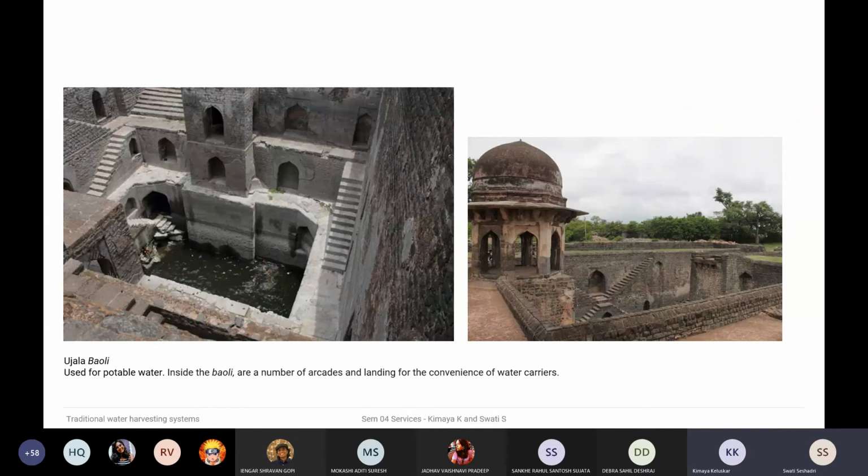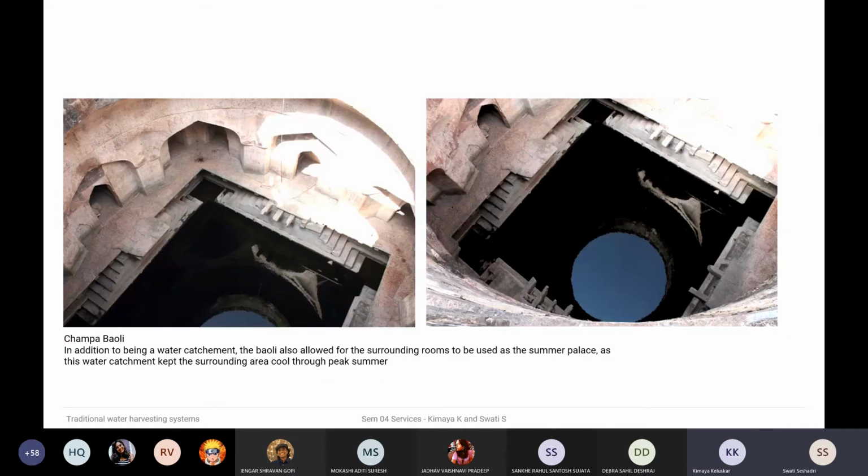Can I add something here, before you move ahead? Regarding how these Baulis were used to cool the rooms, it is also working on the principles of direct evaporative cooling. You also have to understand the humidity levels are lesser during the summers especially, because of which the evapotranspiration rate hikes up, and because of which it will always add humidity. The water will always have humidity, so you directly expose the water to the outdoor atmosphere so that it acquires that humidity and drops the temperature, and that's how it's cooler.